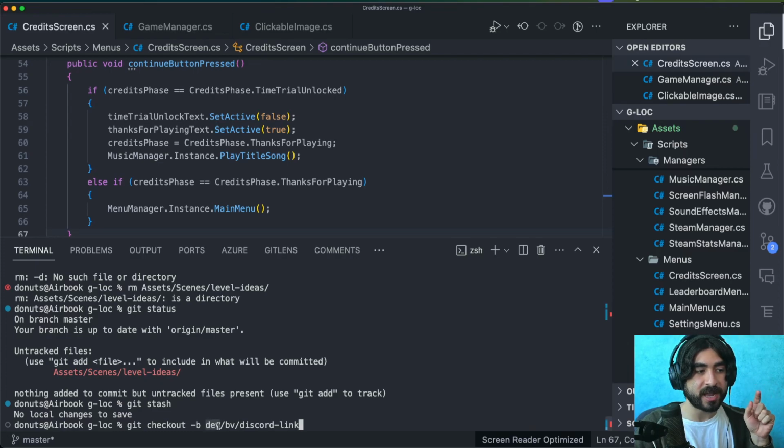it actually helps to have this prefix, because then every single developer branch is in a single area if it's all prefixed with dev slash. Then you go with whatever you want that signifies you. I just use my initials, it's easy, BV. And then the last thing is actually whatever the name of your branch is. So that's how I do it professionally, that's how I do it anywhere at this point.